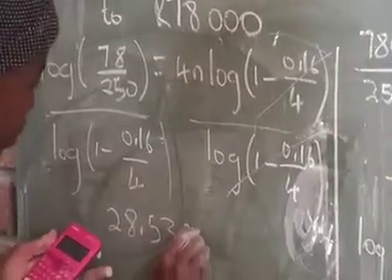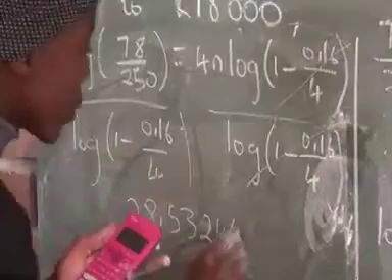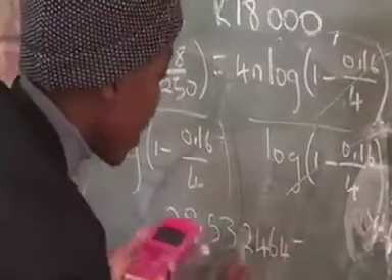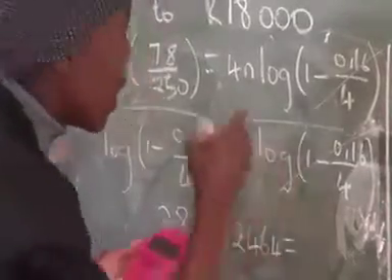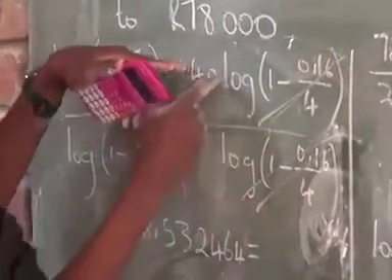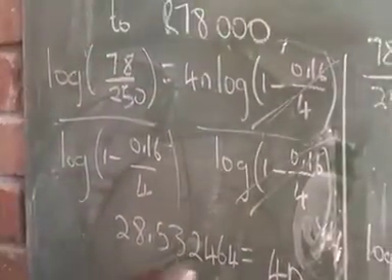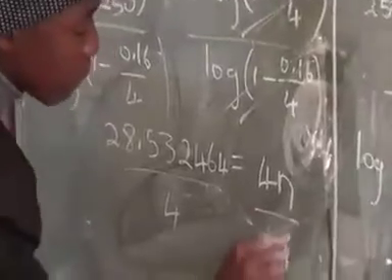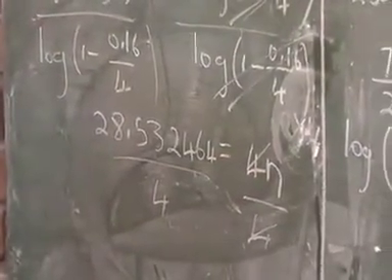I said in the last video that on some instances they can ask you to state your answers in months, so these exponents are going to help you denote your answer in months too. Since this one cancels with this one, we're left with 4n, so we just divide both sides by 4, so that 4 cancels 4. On this side, 28.53 divided by 4 is